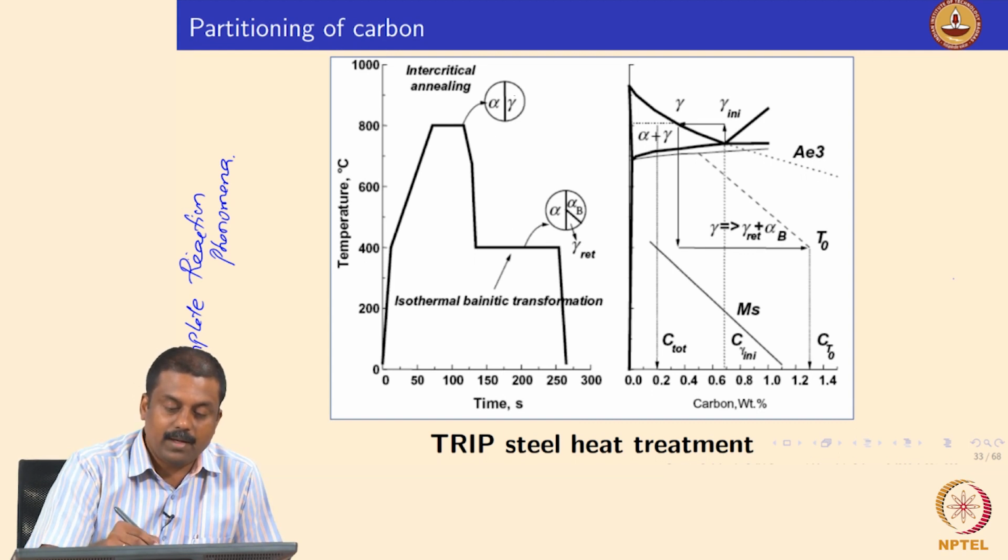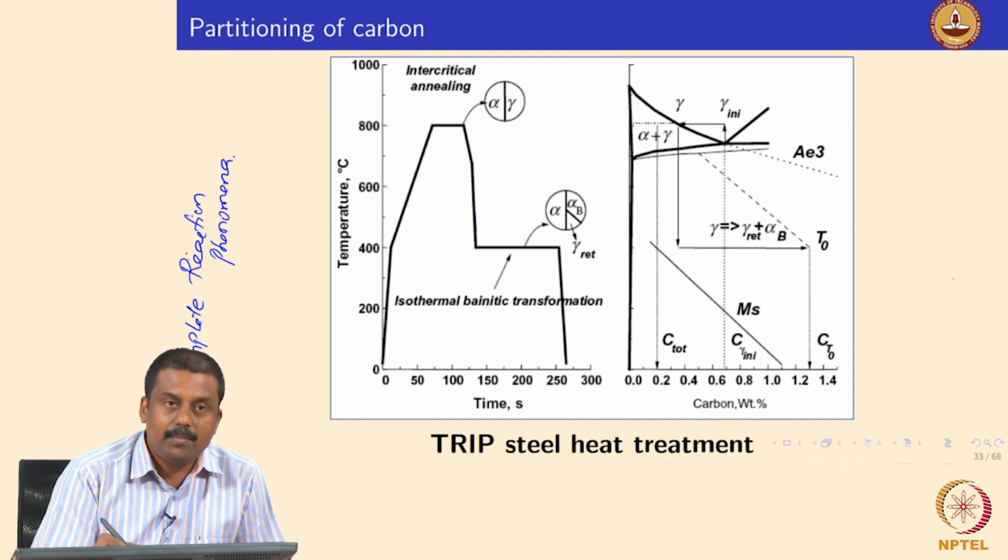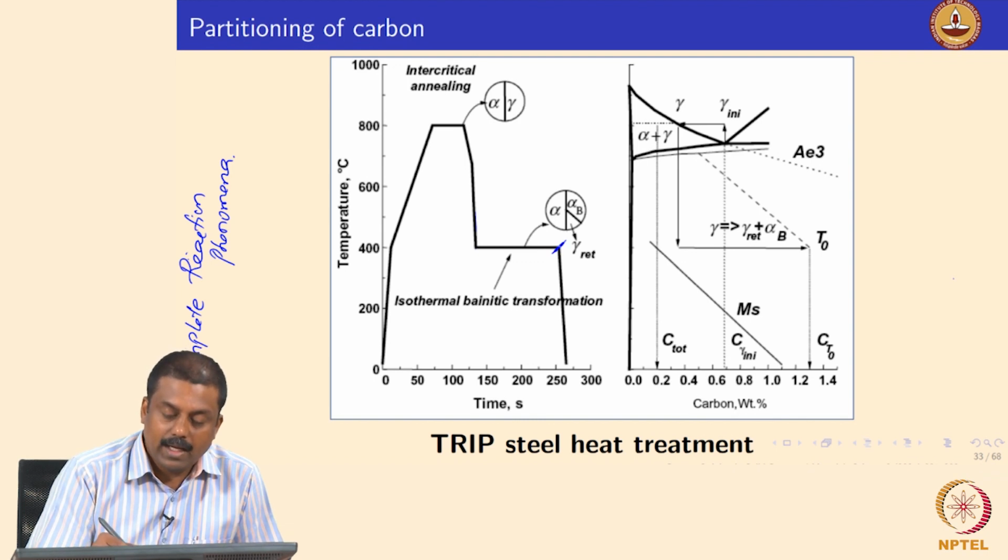So suppose you are cooling a two-phase microstructure, ferrite and austenite, to a temperature, say around 400 degrees centigrade in this case, and you form bainite without the formation of cementite, right. So it will be only bainitic ferrite, and during this formation the austenite is getting enriched in carbon. But upon a critical enrichment level, the reaction stops. The bainite transformation from austenite does not continue till the end. So when the austenite is enriched to a critical limit, the bainite reaction stops.